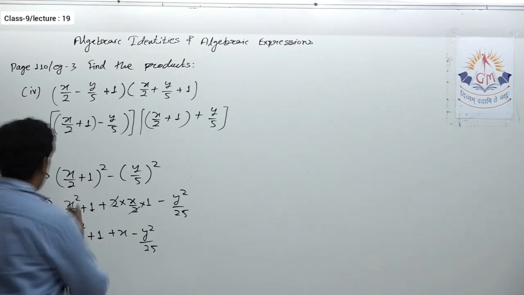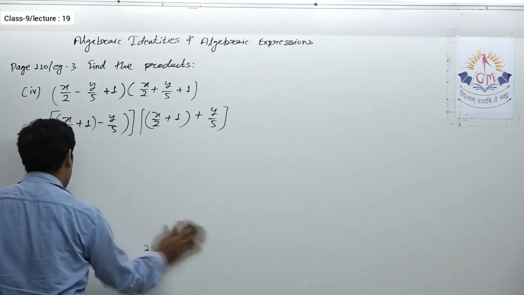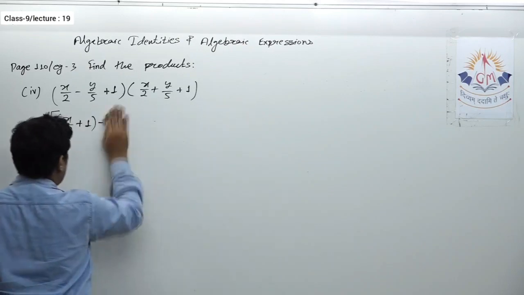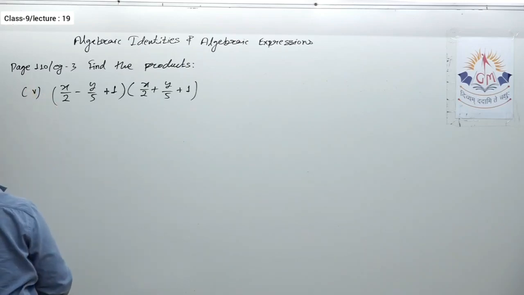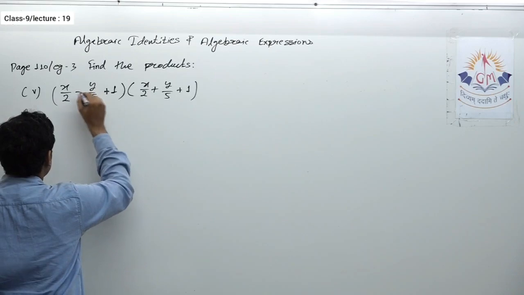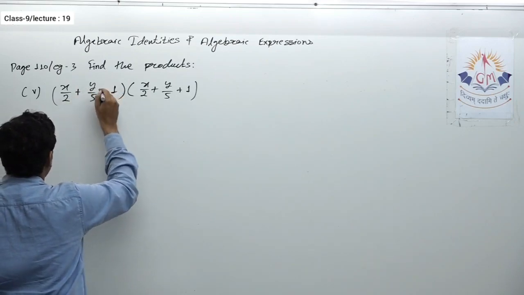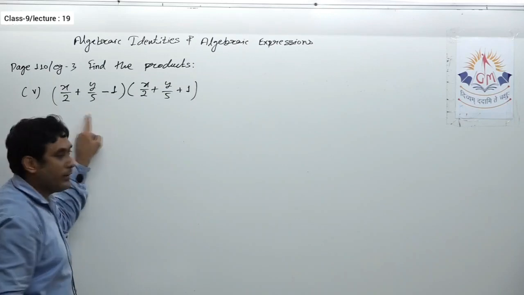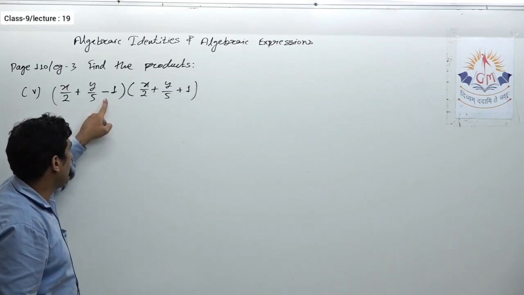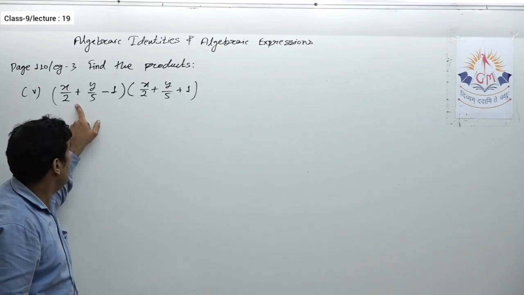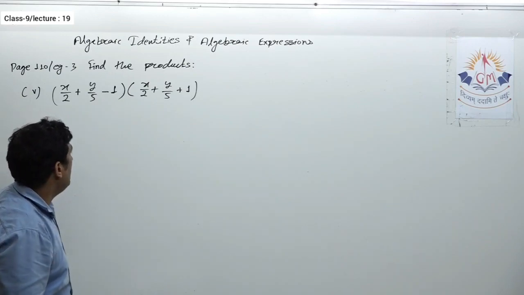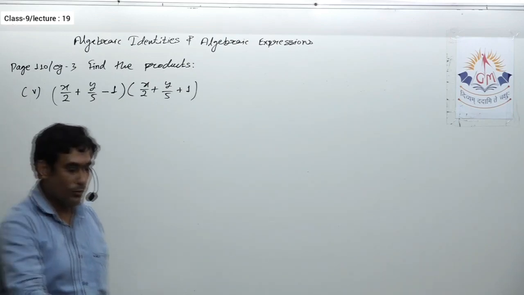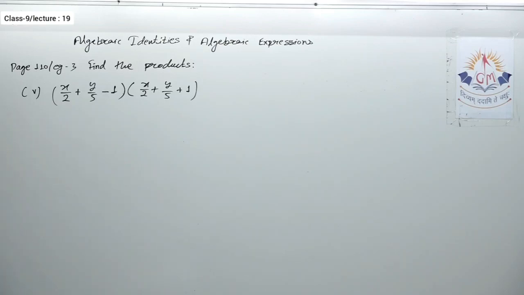Okay, let us see the next one. For the fifth one, again I am making a very small change over here. I am taking this as plus and this as minus. In the very first one, both were negative. In the next one, I took this as positive and kept this as it is. Now, with respect to the first one, this is negative and this is positive. Now see how you are going to solve this. Again, I am giving you some time to think over this and then I will give you its solution.